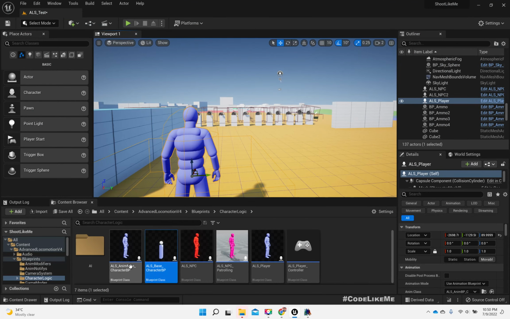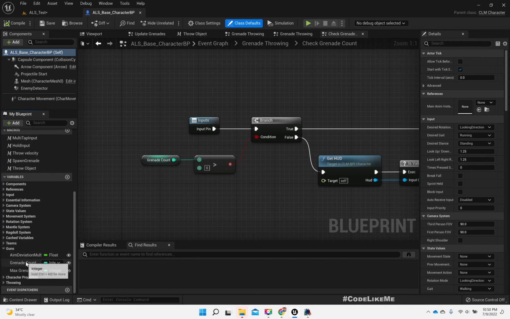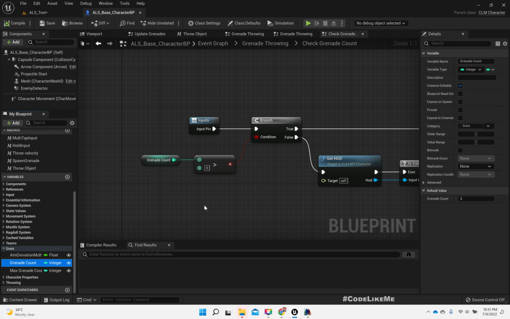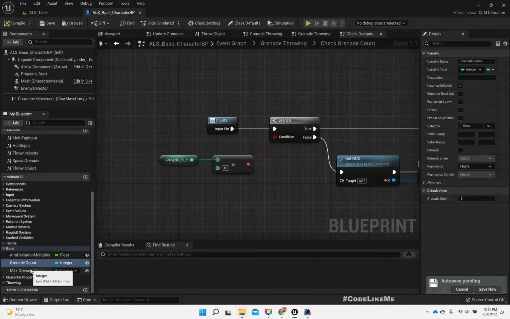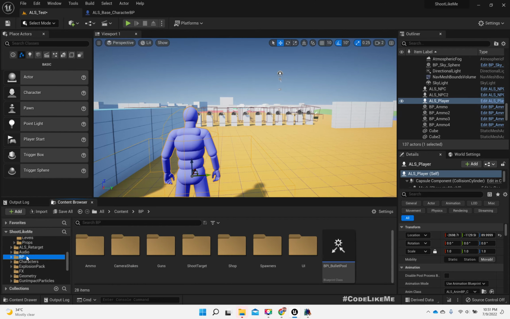Alright, so for the normal grenades, I already have this grenade count variable which keeps track of the amount of grenades that I have. But now that I have multiple different types of throwable grenades, I don't think it's a good idea to add, for example, grenade count and then flashbang count and then smoke grenade counts. Adding it like that is not so scalable. So let's implement a structure